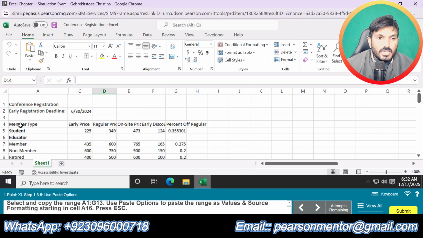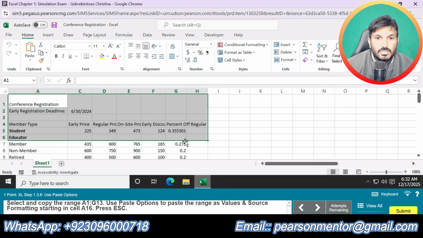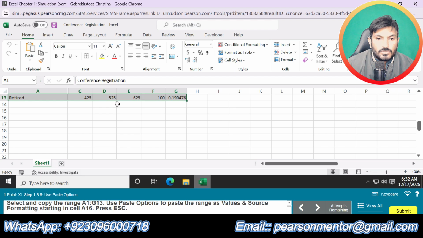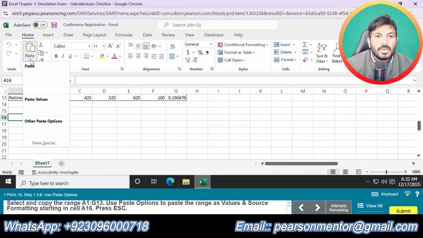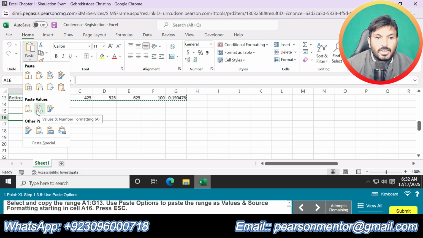Select and copy A1 up to G13. Use the paste option to paste the range as values and source formatting in cell A16. Here, go to paste option, click the arrow, and choose values and source formatting.